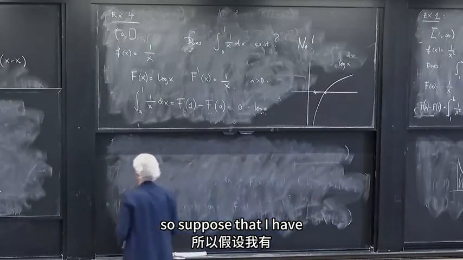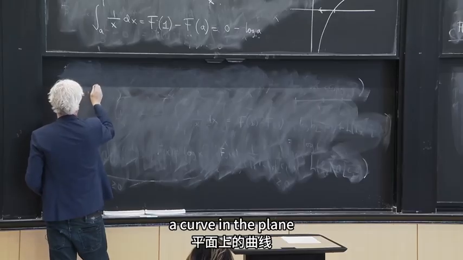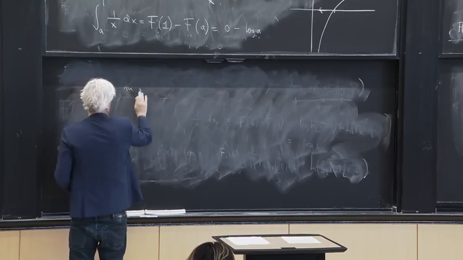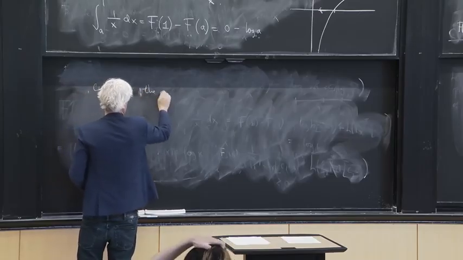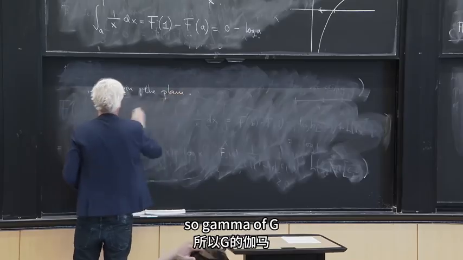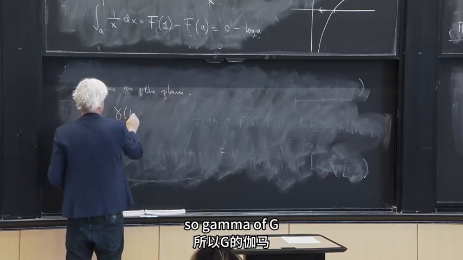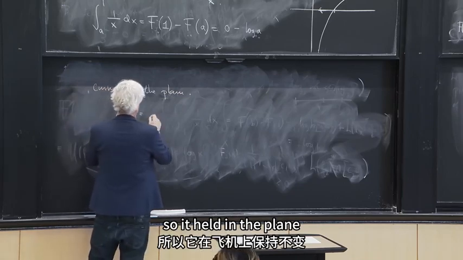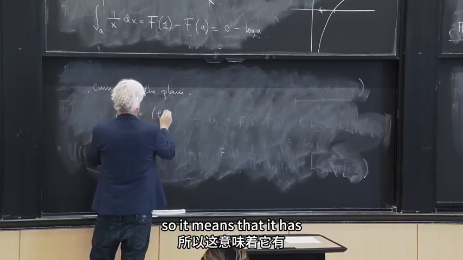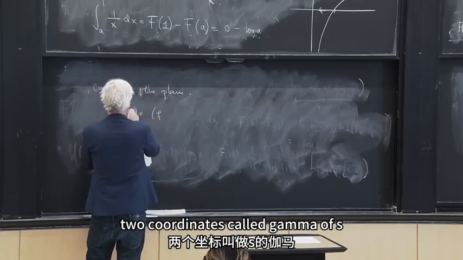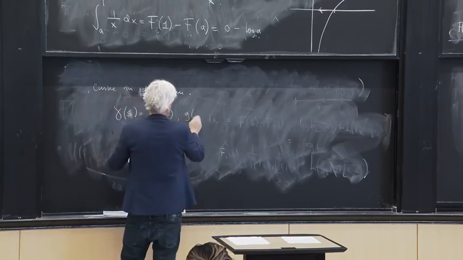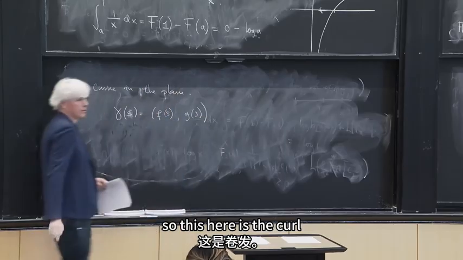So gamma of s, this is a curve in the plane, so it means that it has two coordinates, f of s and g of s. I think that's what I did in the notes. So this here is the curve,